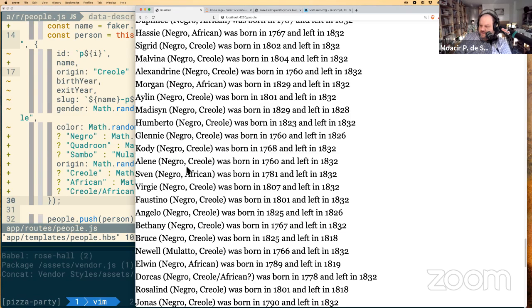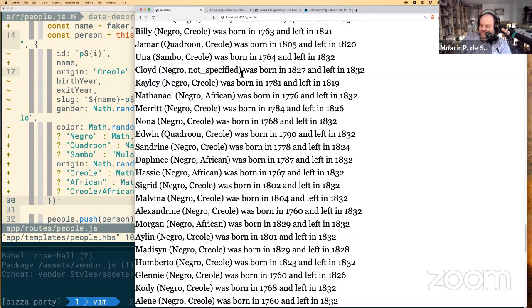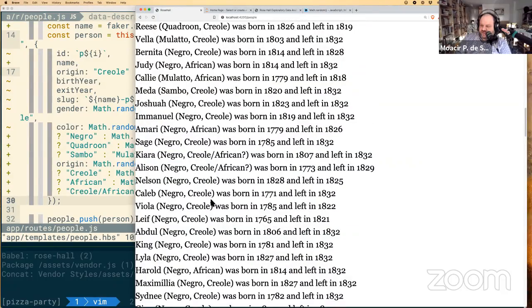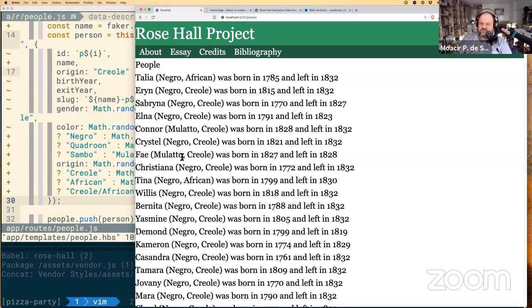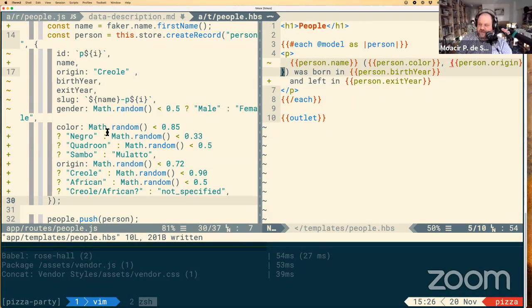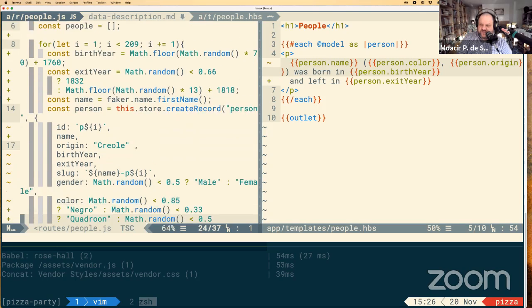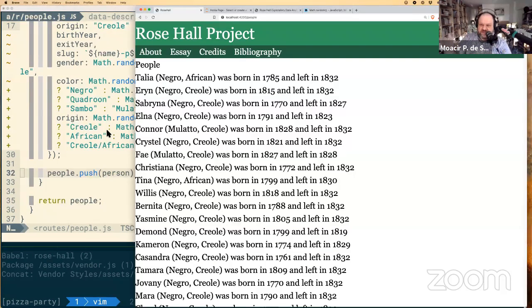So mostly Creole, a couple African. Here's a Creole African. And okay, there's one not specified. We should expect one or two not specifieds and one or two of those question marks. I guess we have 3 this time around, 4, but you know, randomness, what are you going to do? All right, so this is now returning this array of people that were created, in the sense of fake data, and we can view it